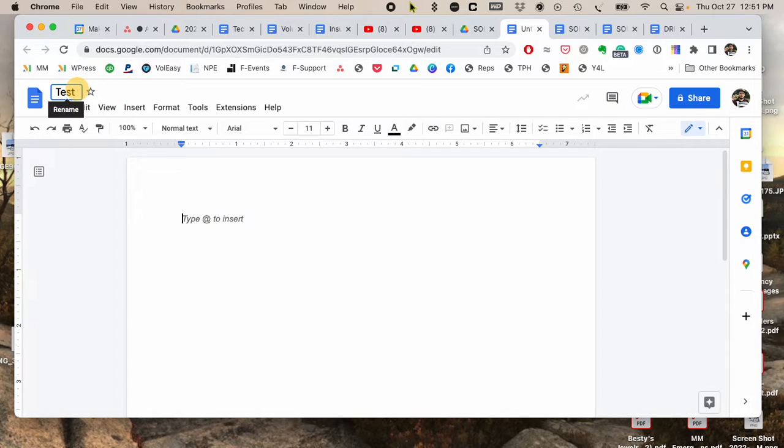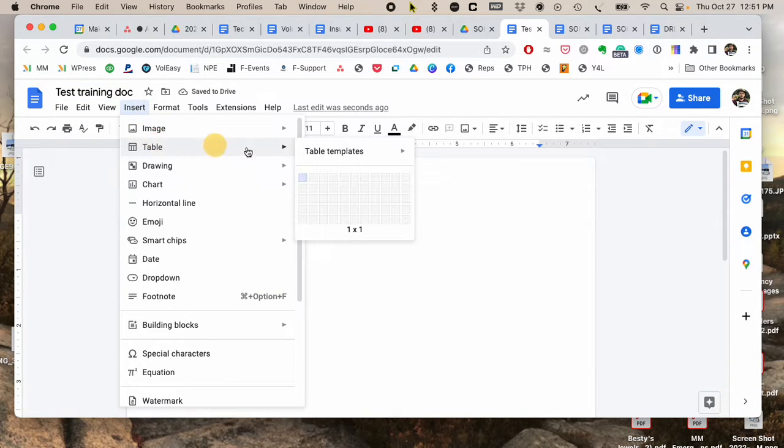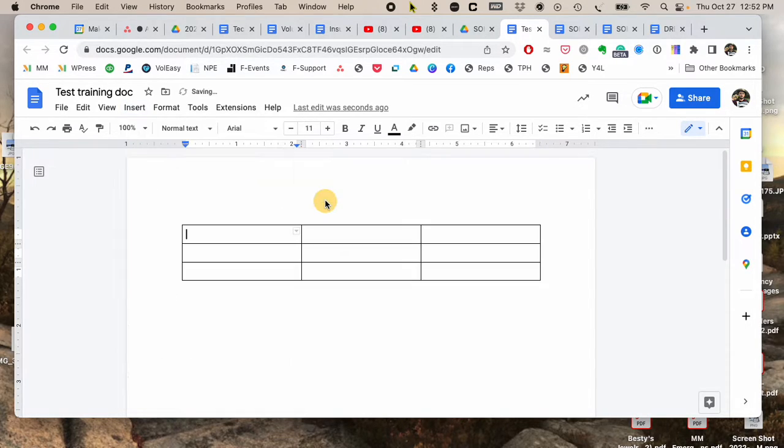So test training doc. In here, if I want to insert a table and I wanted 3 rows and 3 columns, you do that by dragging your mouse like this, and I clicked on that, then I can start typing, tool name, model or something, whatever, directions. And then I can write in here. And the reason I prefer to do this within Google Docs and using the table is because of what happens